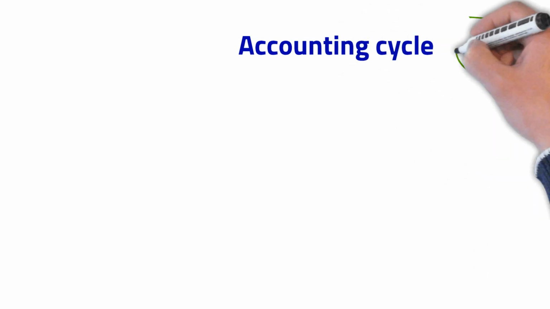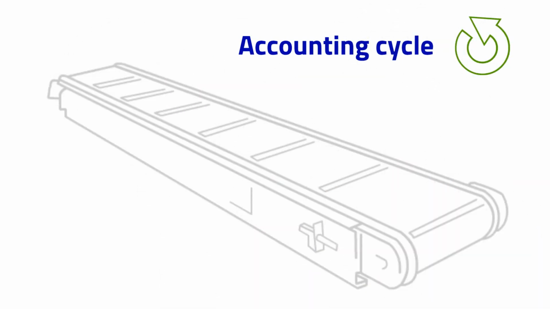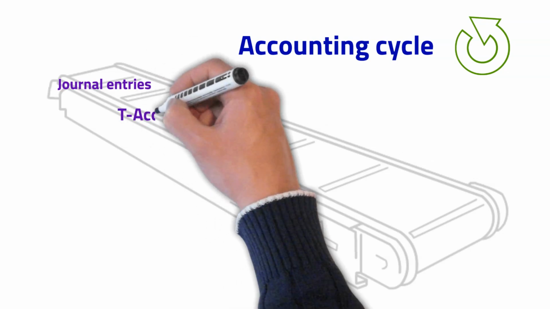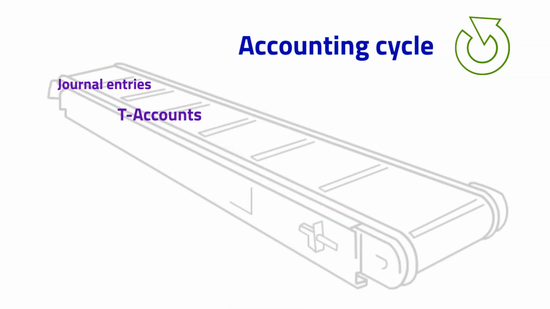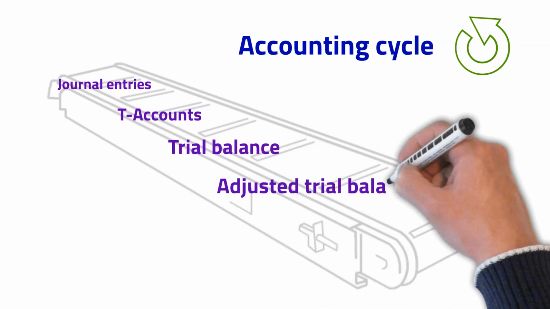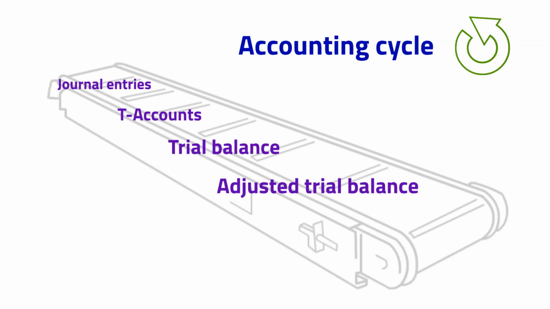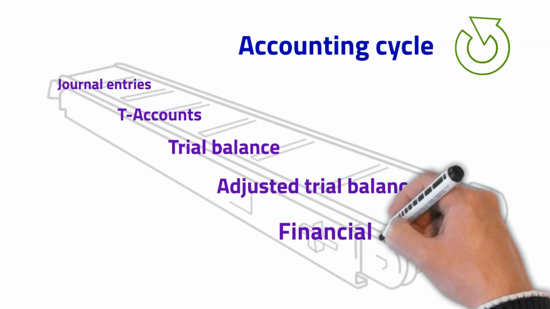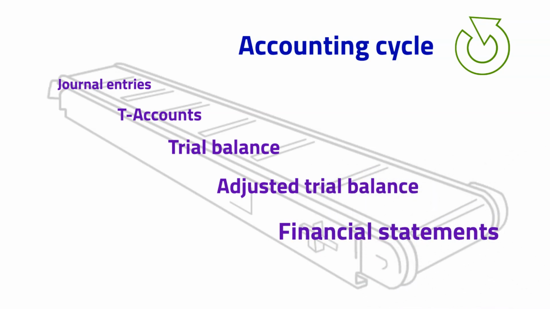Where does the trial balance sit within the accounting cycle? First, we have journal entries. Basically all entries which run through the systems: received invoices, sent invoices, cash movements in bank accounts, etc. Then we move to posting the transactions to the T accounts or a ledger, as we did in the previous lesson. Then comes the trial balance. After we set up the trial balance, we may need some adjusting entries for items which may not be captured by initial bookings, for example depreciation or accrued expenses. At this point we arrive at an adjusted trial balance, which is then the basis for the preparation of financial